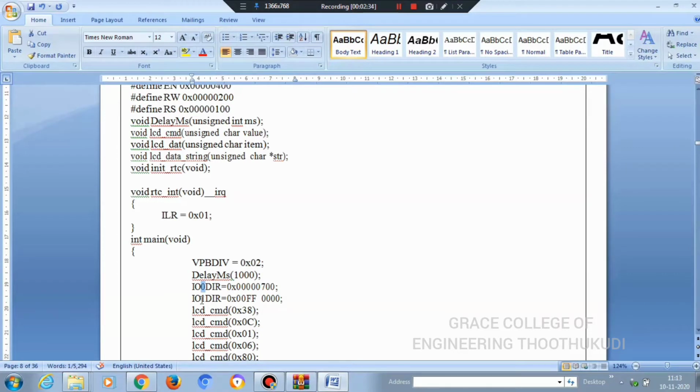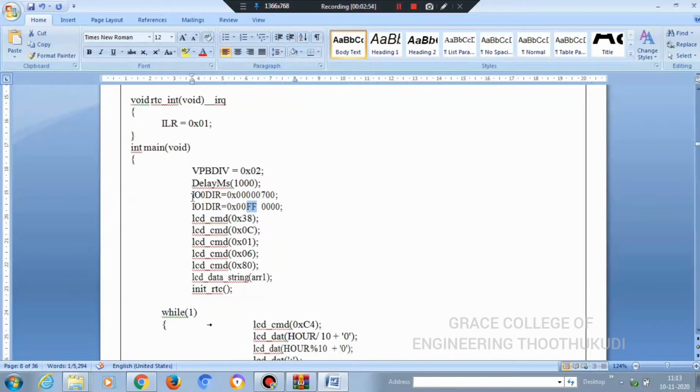In port 1 we are going to use 8 pins as data lines for the LCD. So we assign all ones, which indicates FF. Therefore port 1 should be connected to the 8 LCD data pins.